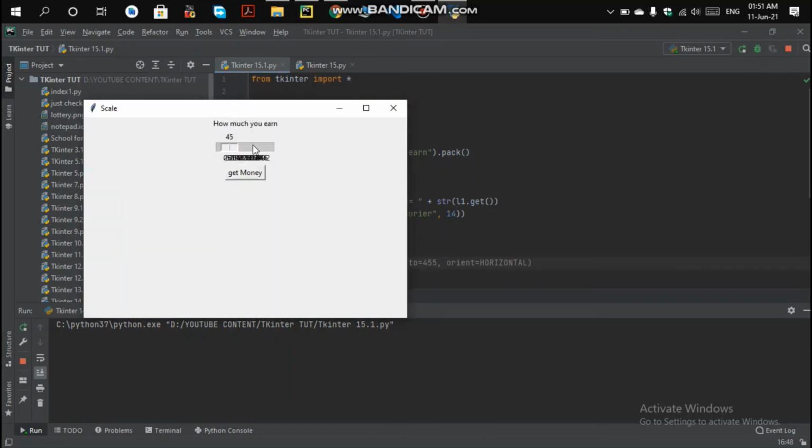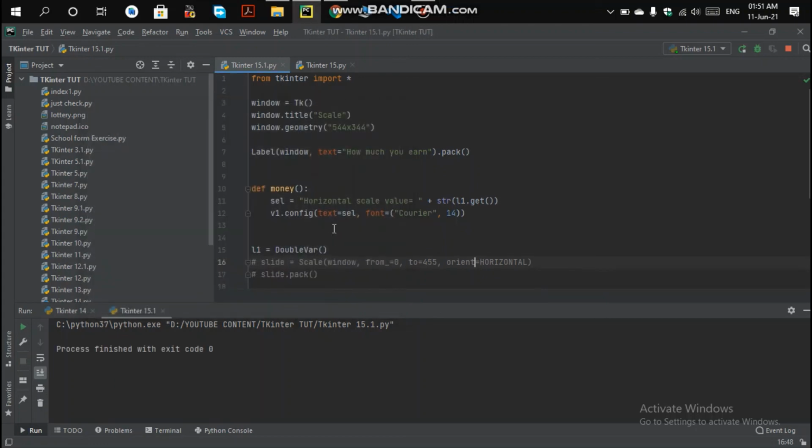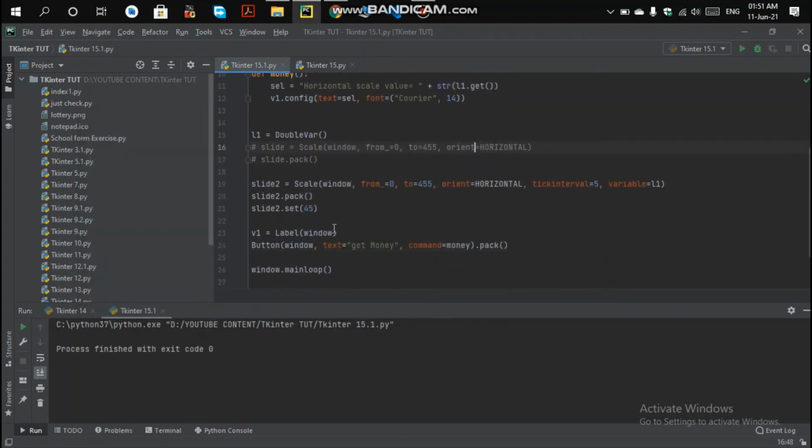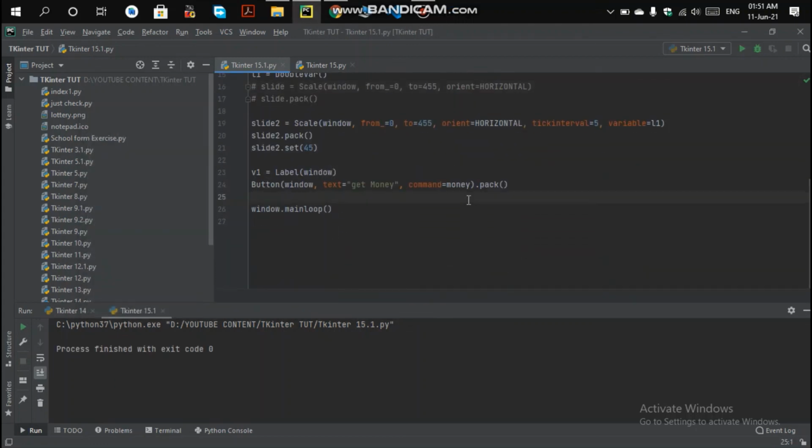The value is 45 here. When you click on the get button, it is not showing anything. Why?